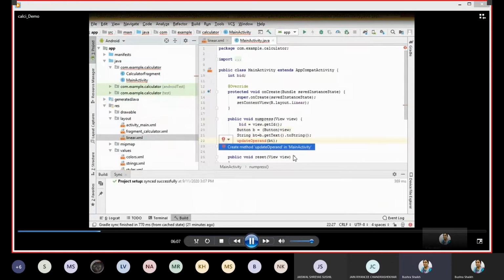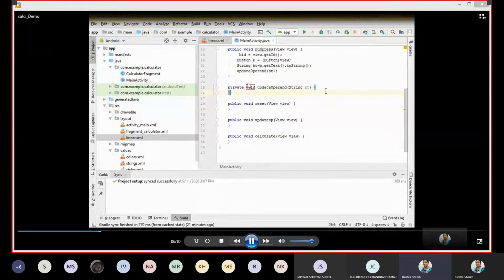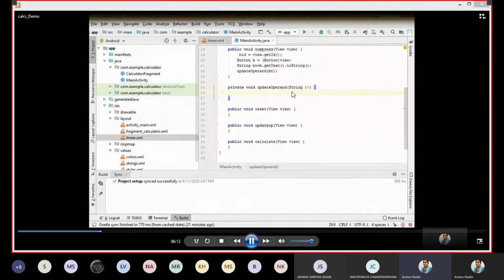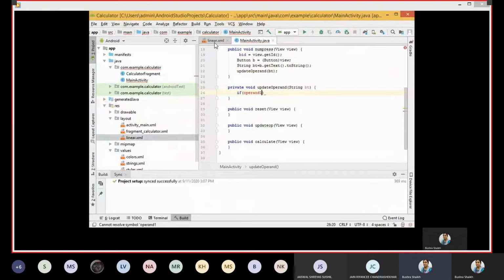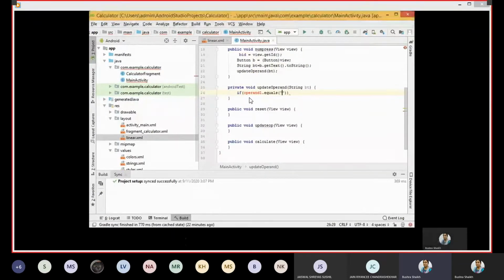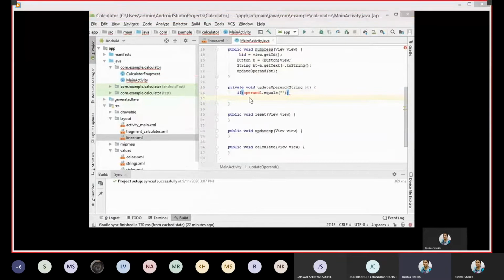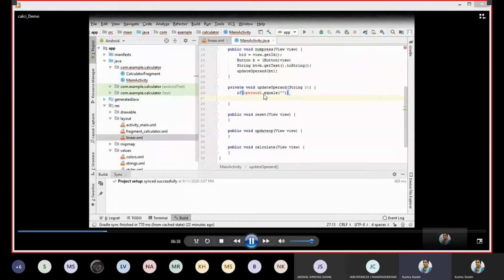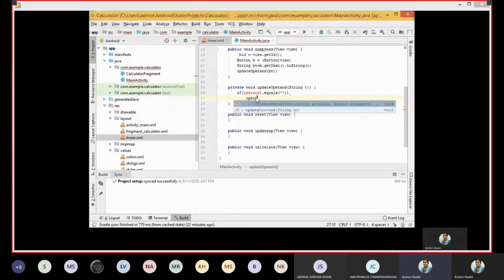Okay. So I haven't specified how my updateOperand will look. But when I clicked on create a method, it created one for me. Looking at its prototype, I had passed a string and it has written this private method because this method was not written inside the layout file. Okay, so that's why it was not public. And now, I have just thought in my mind that I would be choosing one variable, operand1, and I'm going to work with it. So you can see that I haven't declared it, so of course it has given me an error, right? But it simultaneously gives us the provision of how to declare it.